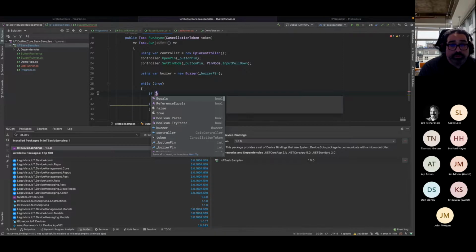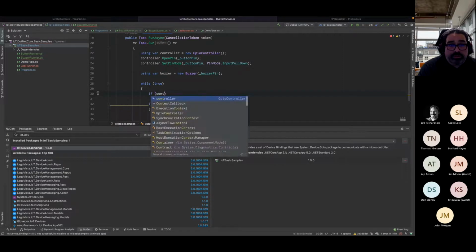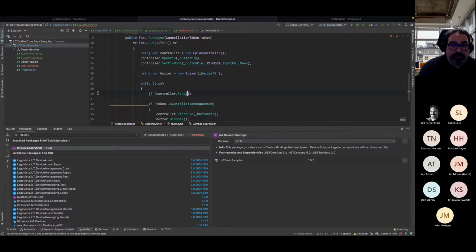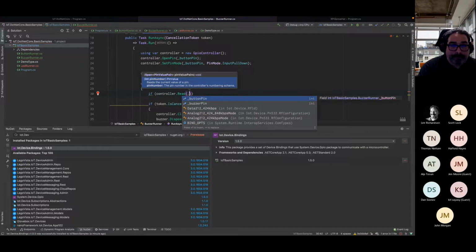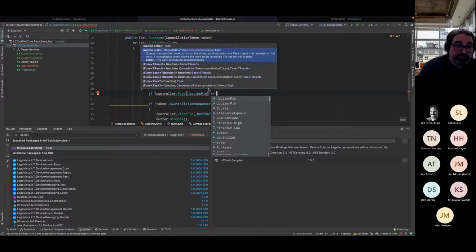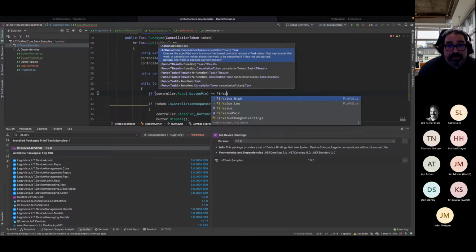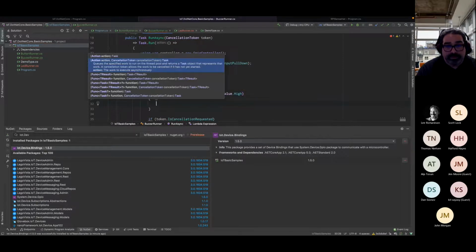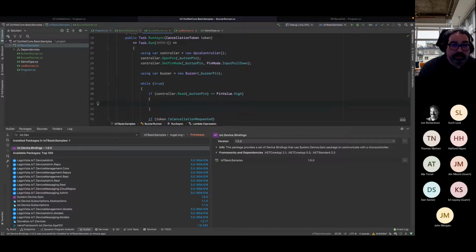So what we want to do here, let's look at the button again, controller dot, let's see, read button pin. If pin value equals high, then effectively just go in here and do buzzer play tone.